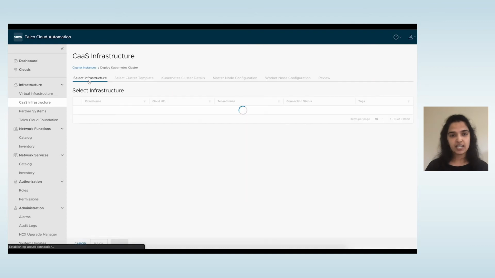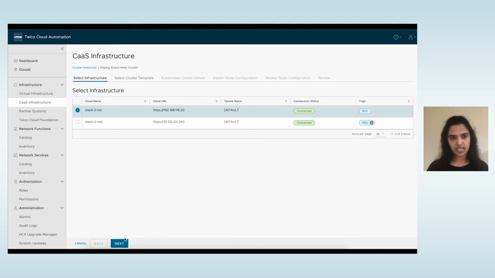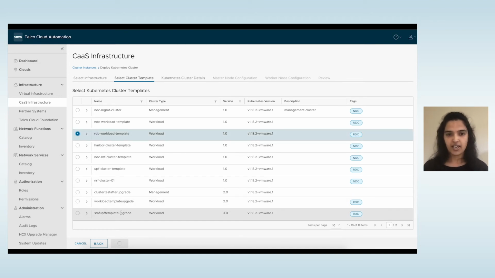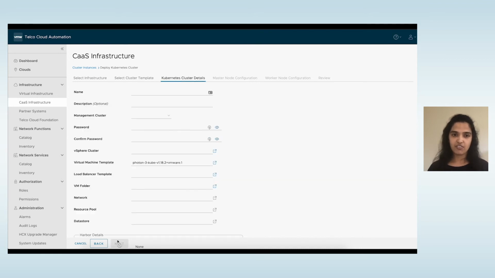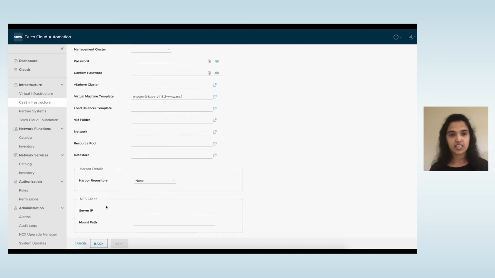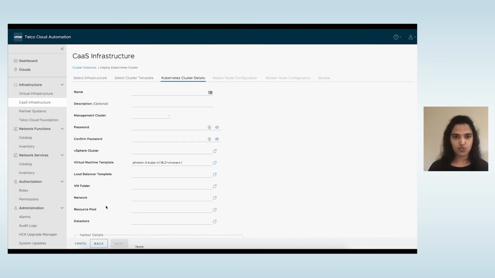So in general, when you want to deploy this template, you select the specific SDDC that was already either built from this platform or registered, and then you say which template you want to pick. Once you have chosen the template, you can even give some specific information, like, let's say, you want to choose a specific cluster inside that SDDC, or which folder and which network you want to use for deployment of this Kubernetes cluster.